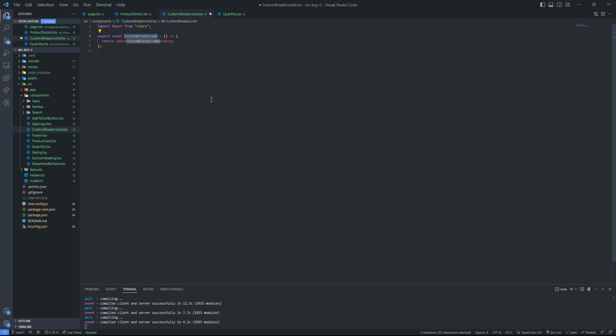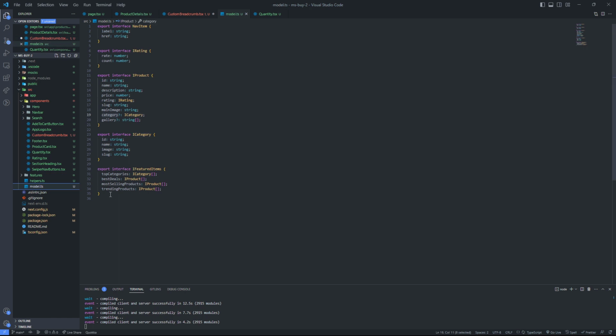Generate our component, and I'm going to create an interface for this. So the interface is going to be our custom breadcrumb props. It's going to take items, which is basically a breadcrumb item. This is a type I have to create in model. So I'm going to add export